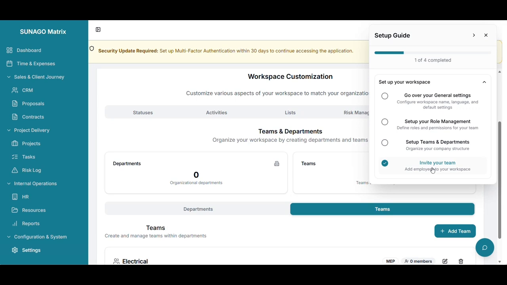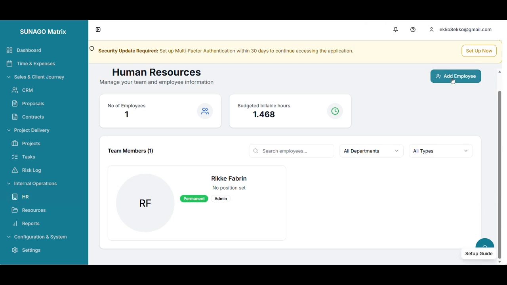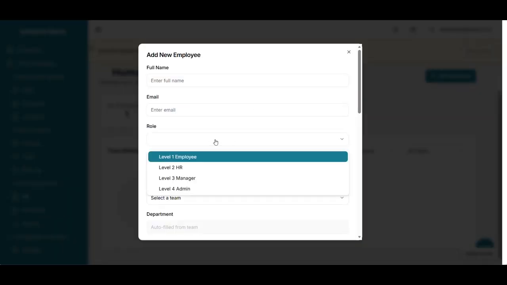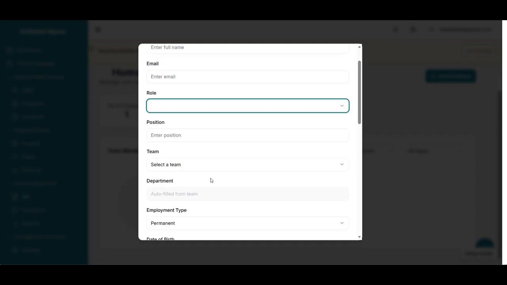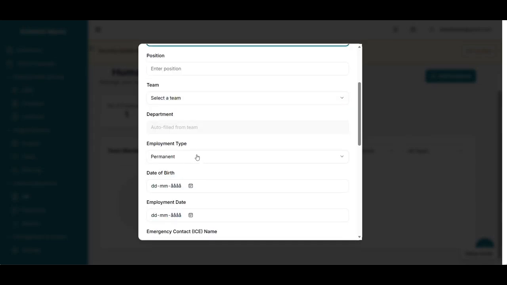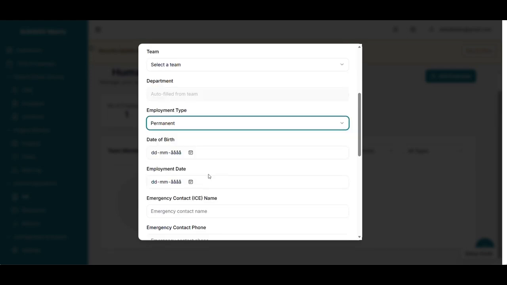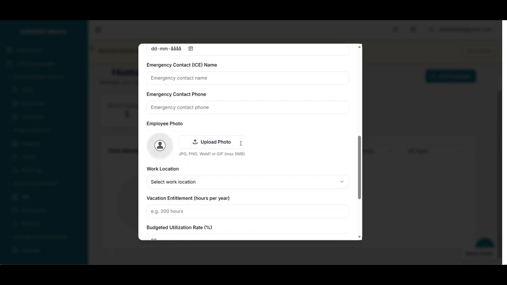After that, we want to invite people from our team. We can do it from here, or we can go into HR where we add employees. We put in the names, the email, the role, the position, a team, which type of employment it is, if it's permanent or flex time, the date of birth, employment date, emergency contacts, and you can upload a photo of